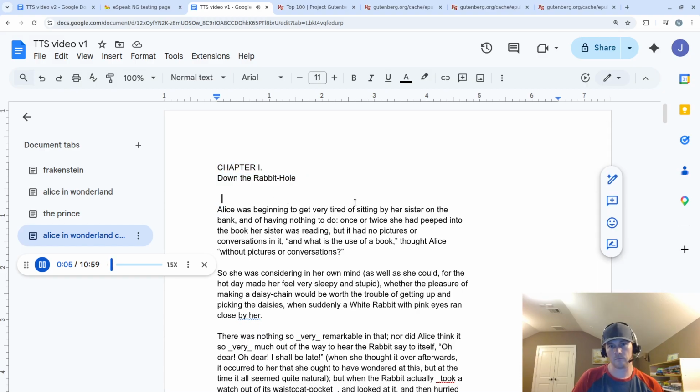Alice was beginning to get very tired of sitting by her sister on the bank, and of having nothing to do. Once or twice she had peeped into the book her